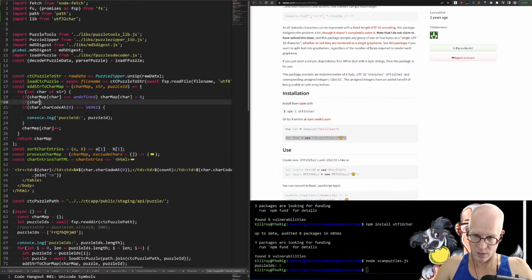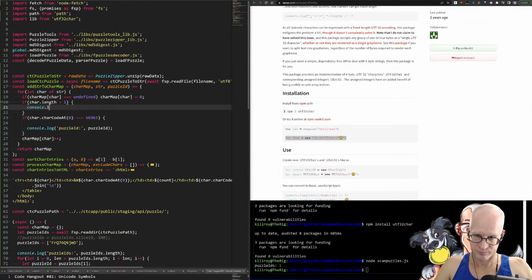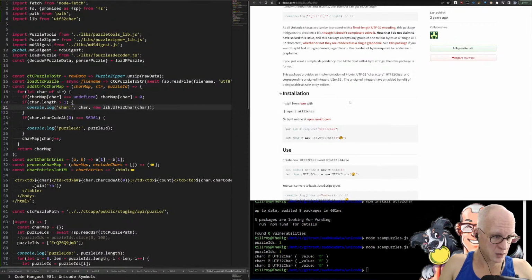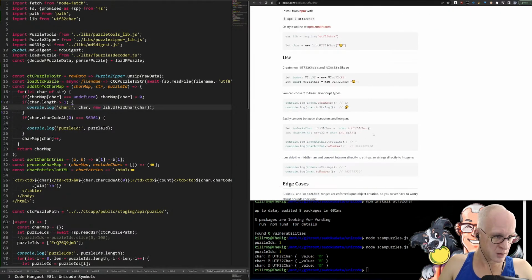If char dot length greater than 1, can I do this? I should be able to do this, right? Value. Okay. And then